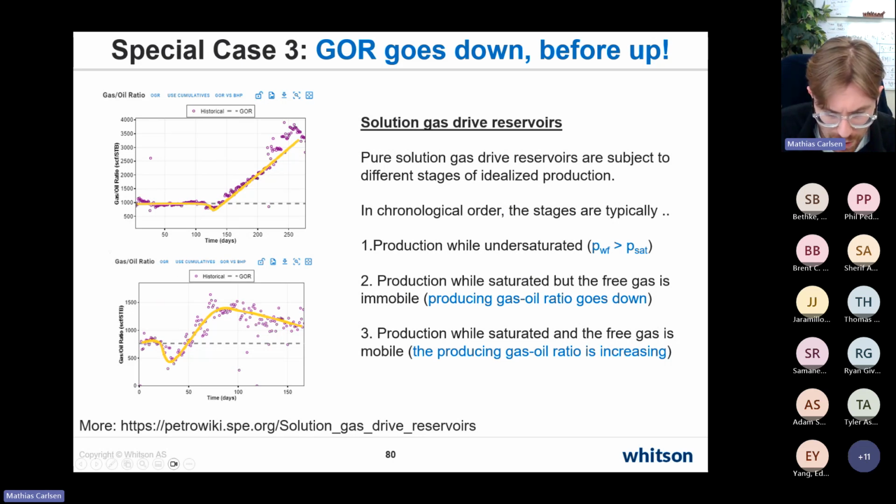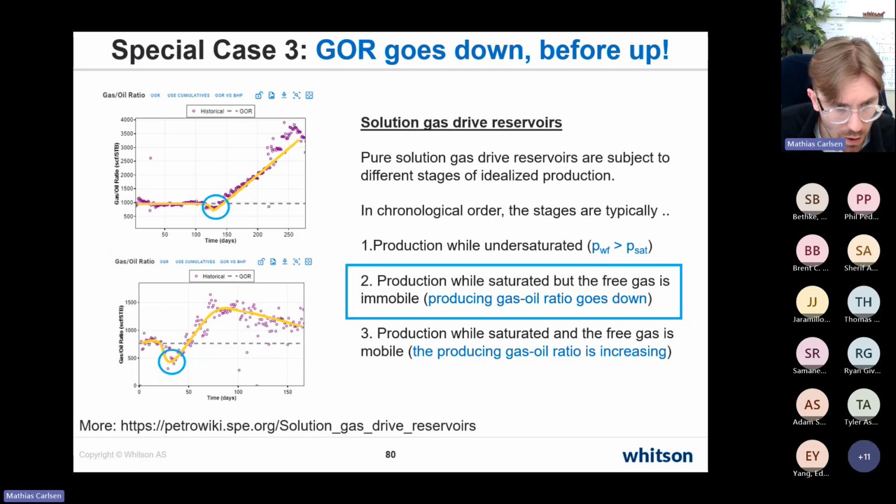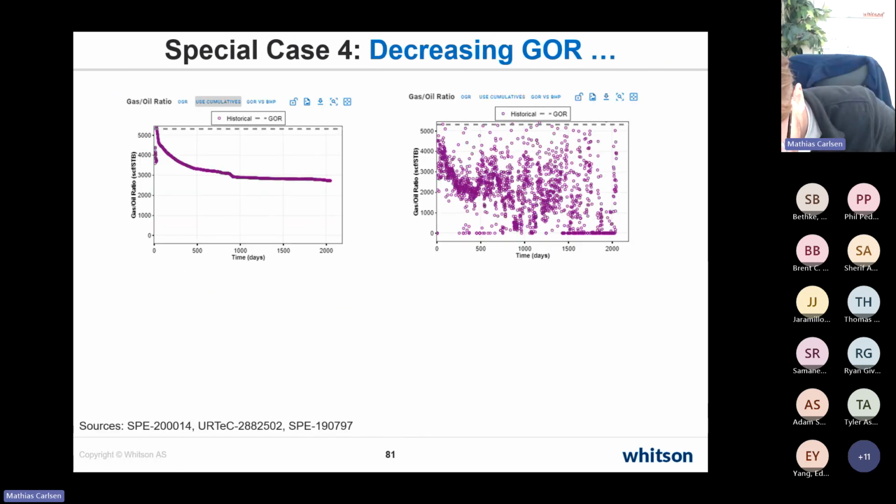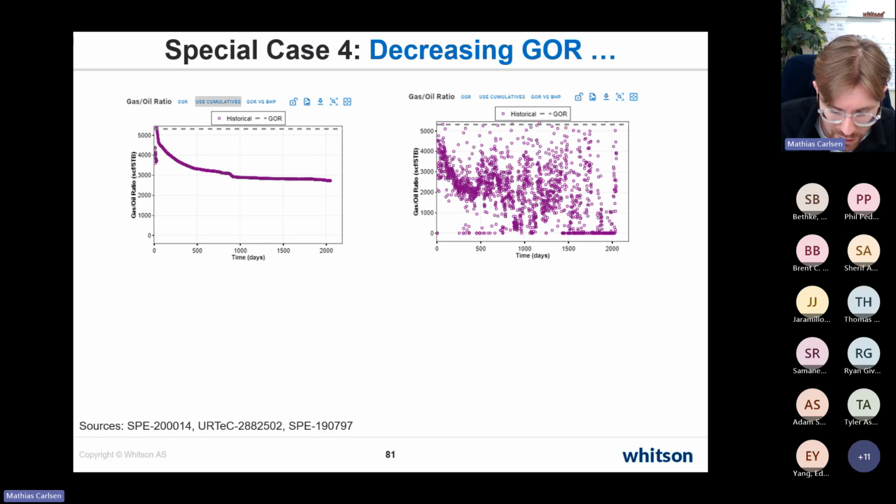Those are pretty common to see in a few basins. You see it a lot in the Powder and DJ for some reason. If you see that in practice, this dip here would be related to number 2. A very special case is decreasing GORs. I have to be honest, decreasing GORs is something I see very seldom, but if you see that in your asset, then at least